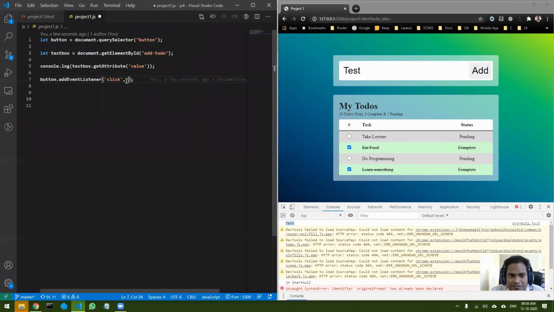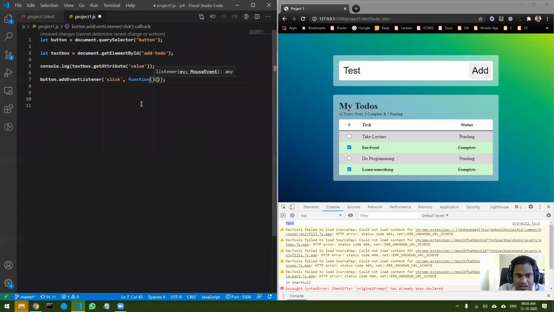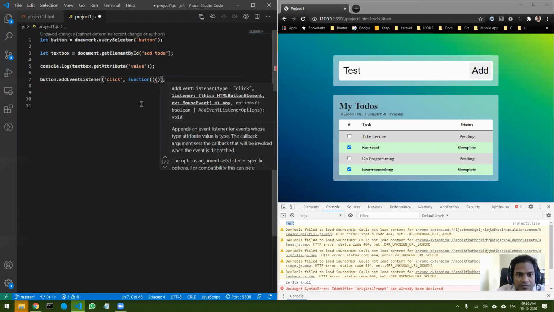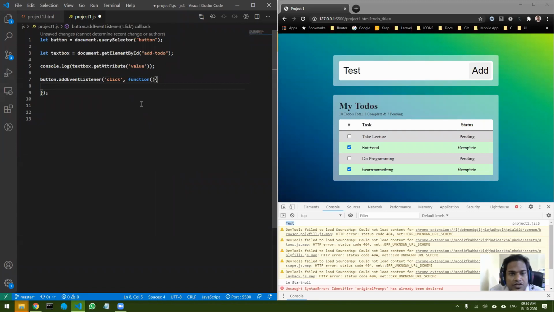This function can be a normal function or an anonymous function. Because this function is going to be run only once, I'm going to use an anonymous function. Anonymous function means a function without a name. You can see this is my anonymous function.